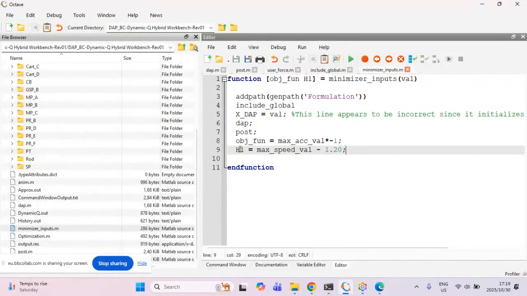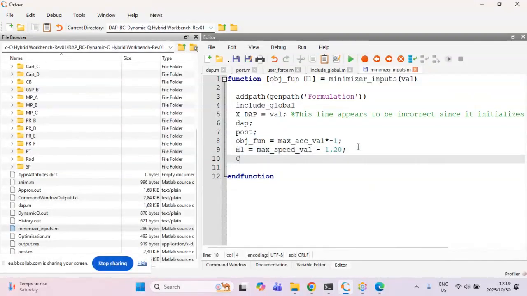Okay, so those are the two implicit objective function and constraint definitions that I had. At the end, I just have to make sure that if I now have objective function and H1 over here, then at the top of my function I also have objective function and H1. If I now had a second inequality constraint, so C1 is equal to some equation over here, I just have to add C1 over here as well,